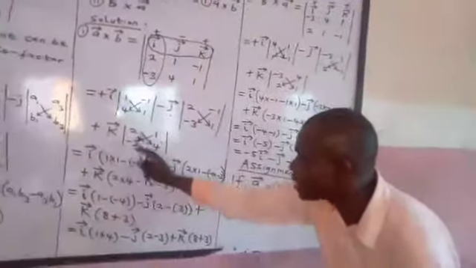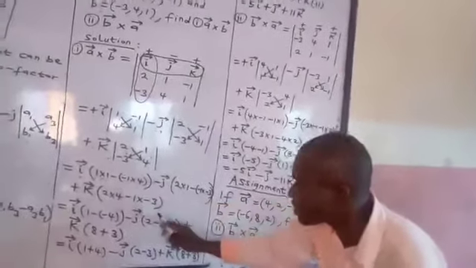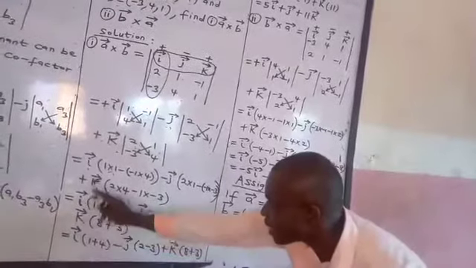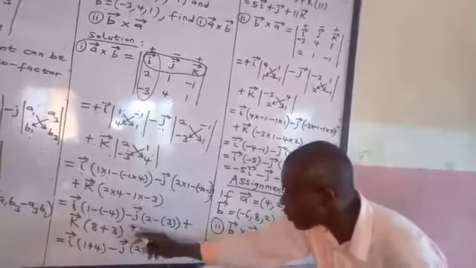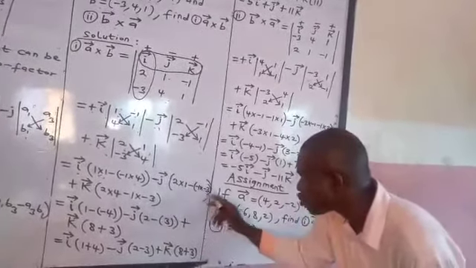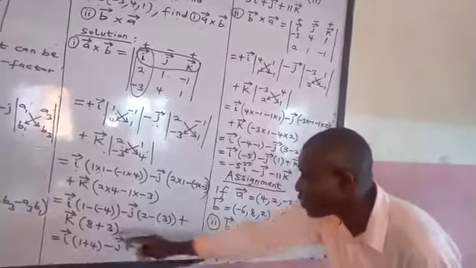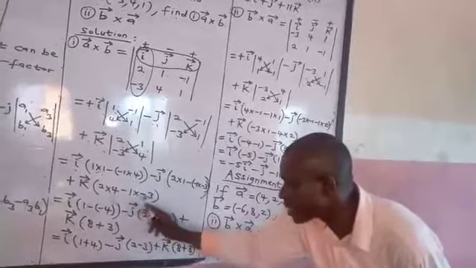You put the bracket, 2 times 4. Look at it here. Then minus 1 times minus 3. So we now have i, that's the first one. 1 times 1 is 1. Minus 1 times 4 is minus 4. Then minus j. Then we have 2 times 1 is 2. Minus 1 times minus 3, we have 3. Then plus k. We have 2 times 4, 8, plus, look at it, minus 1 times minus 3 to give